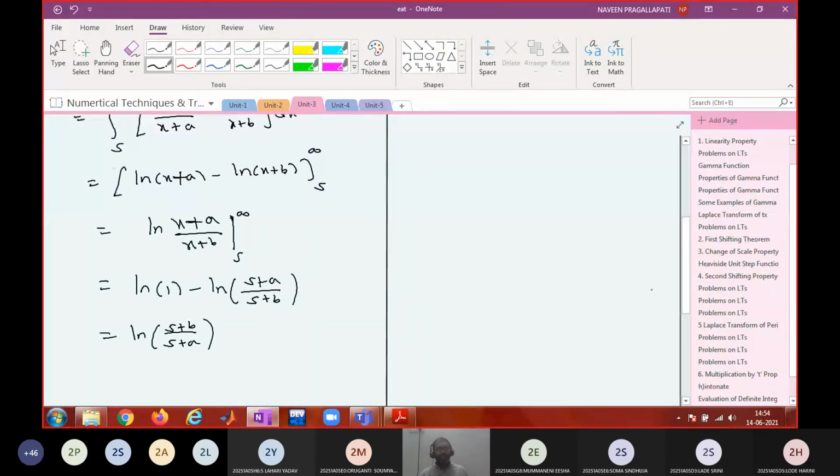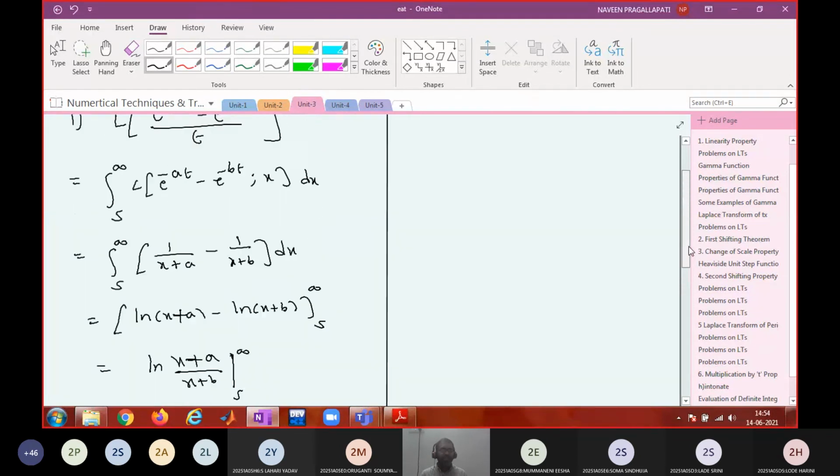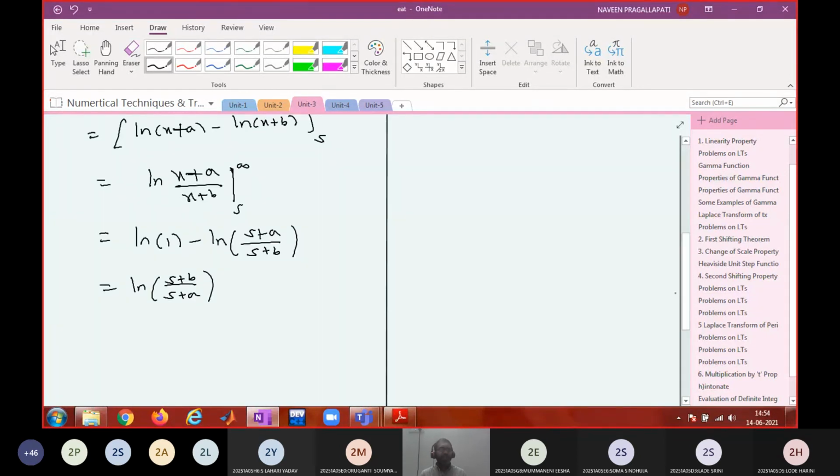The only thing you have to be careful about is the notation. You have to use the parameter x, apply the transform and substitute the limits. Limit of logarithm equals logarithm of limit. So for (x plus a) by (x plus b), you can apply L'Hospital's rule. It is going to be 1. Log 1 is 0. Shall I proceed?